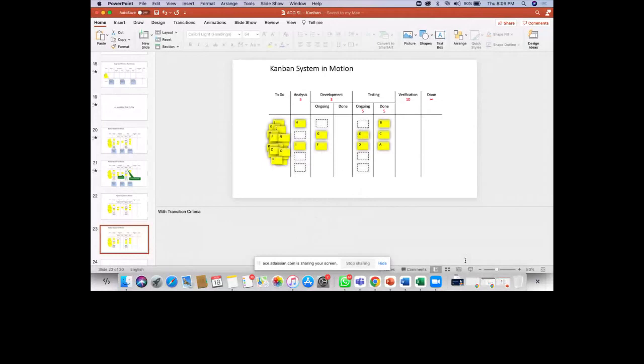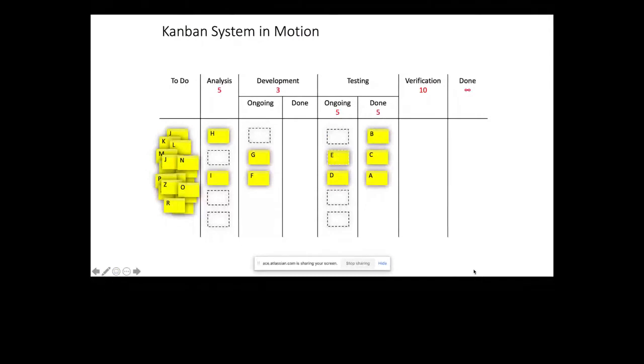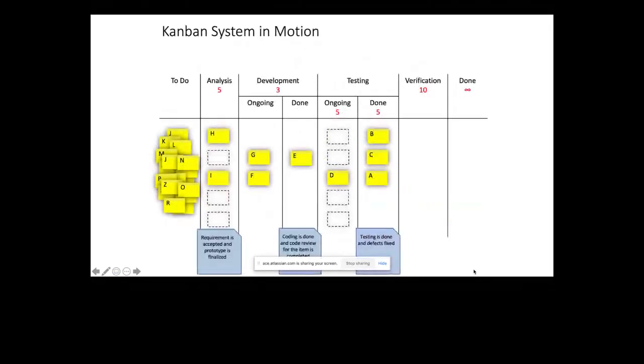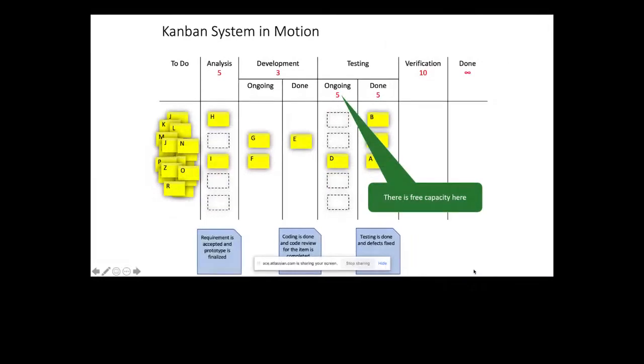So I was actually talking about making Kanban work, and Kanban is all about a pull system. Kanban will check whether that particular status has free capacity, and it will also check whether the policies are met for any ticket in the previous state.